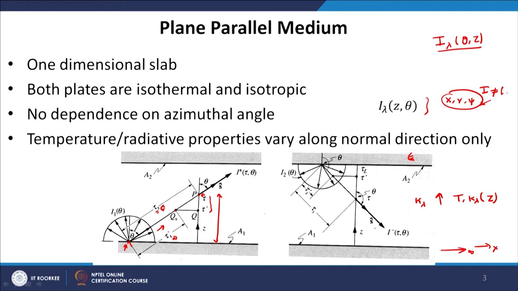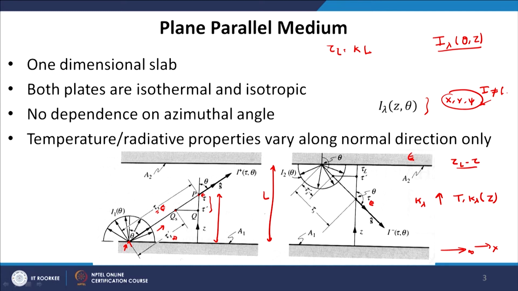The only thing is now the coordinate of this point P will be tau L minus tau, where tau L is the total distance of the plate. So, this distance, let us say the total distance, is L. So, tau L is simply kappa times L. Okay. So, this is basically the notation.